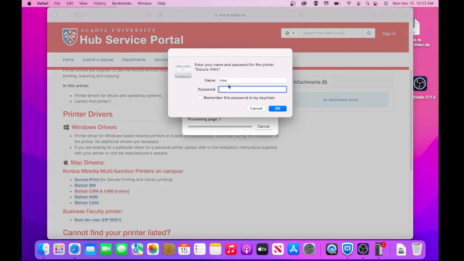For your first print job, it will ask you for your Acadia username and password, and this is different from your Mac username and password. So this is Acadia and then a backslash and the last 6 digits of your student number and the first digit of your last name, followed by your Acadia password. And remember to click on Remember this password in my keychain, otherwise it will ask you for your password every